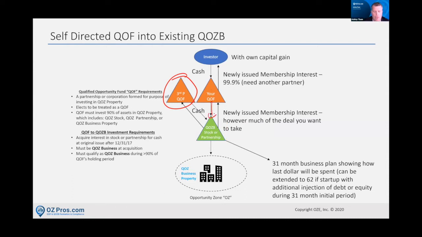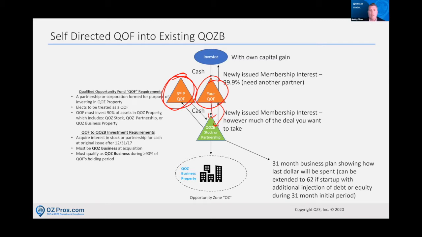And so they've got their own third-party fund that's out there, but they will allow you, through your fund, to take that money and deposit it into their QOZB. An example of exactly this is Hall Family Labs. They've got their own fund, and they've got a number of portfolio operating companies that they're doing business with, that they've made investments into.